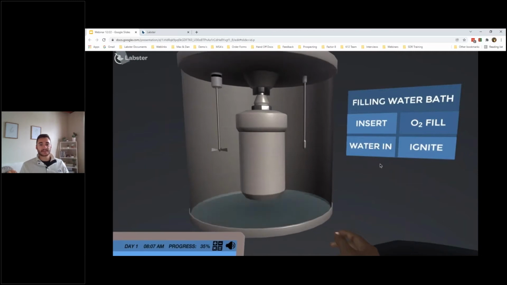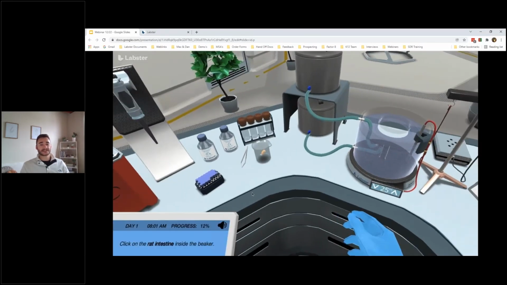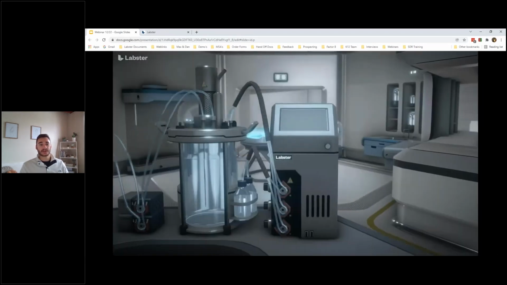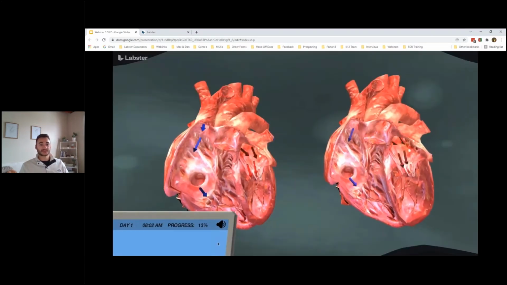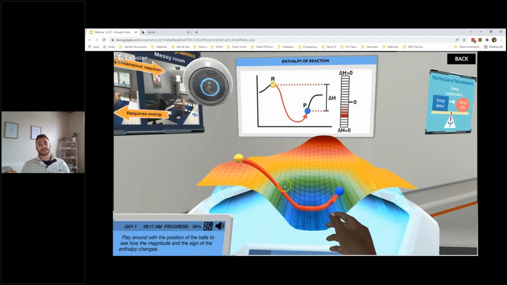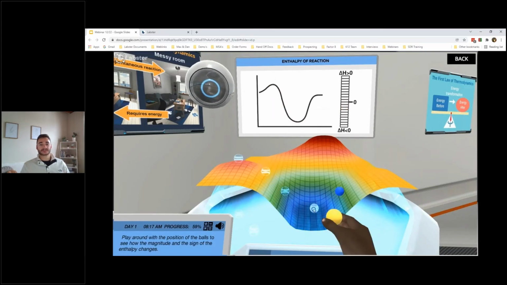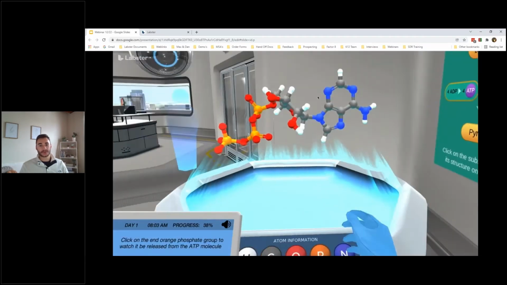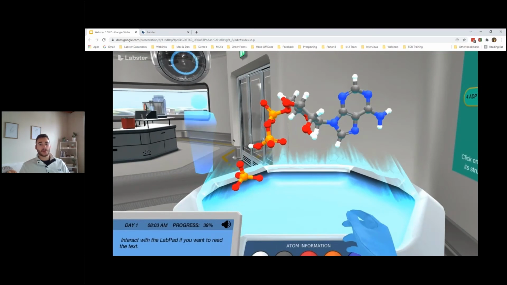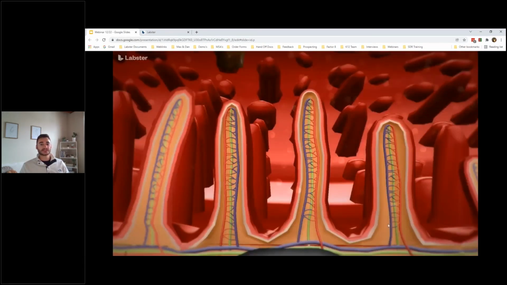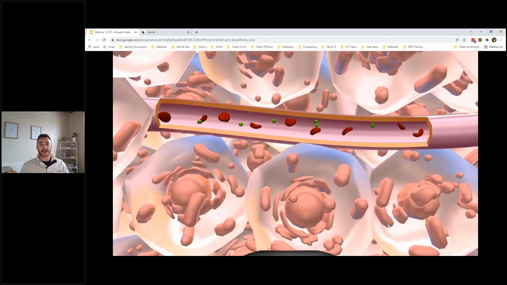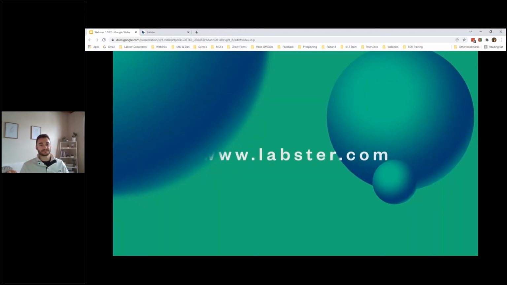Now, once back in the lab, students are required to complete every step that they would in a real wet lab. This includes putting on goggles, gloves, lab coats, even learning how to properly dispose of a pipette tip. The students are really immersed in that real lab environment. And the platform also allows students to learn in a way that's not possible in a real lab environment. So for example, we incorporate interactive cellular and molecular visualizations so students can dive in, take a look around, and know it's not just magic taking place.